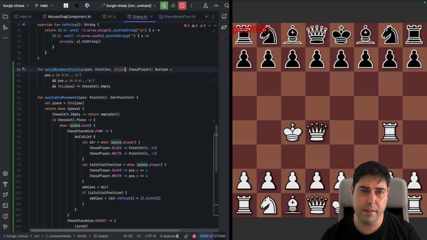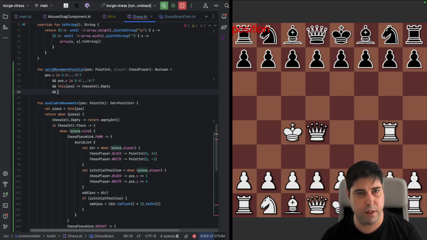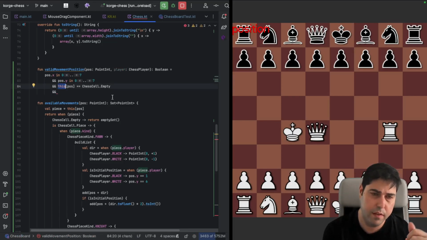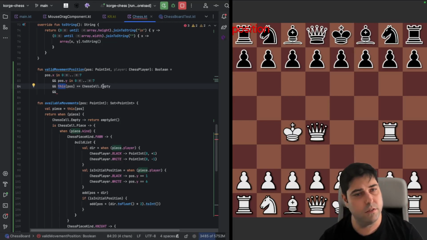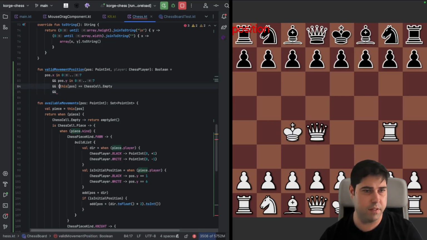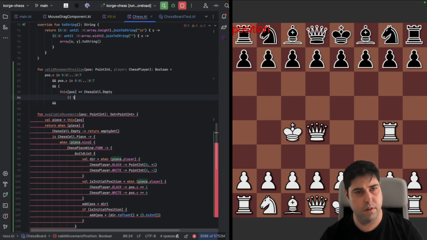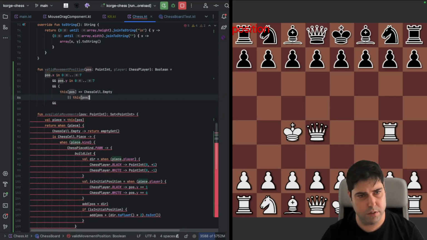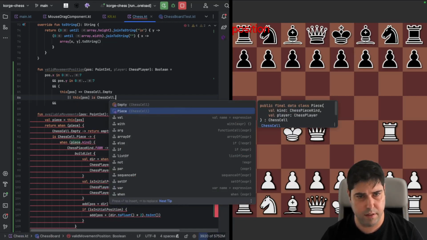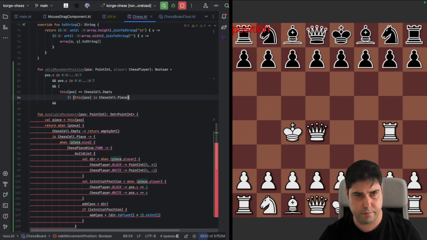In the case we are going to remove a piece from the other player. So if this is an empty cell, or this position is a chess cell piece, and